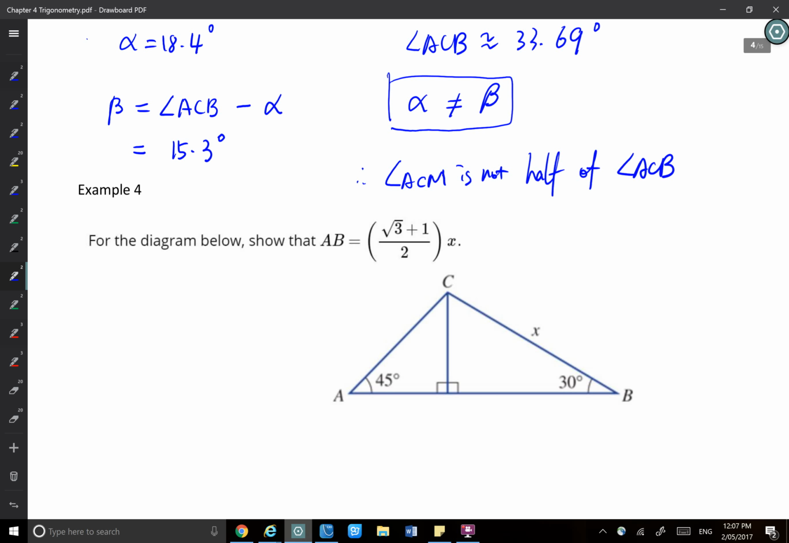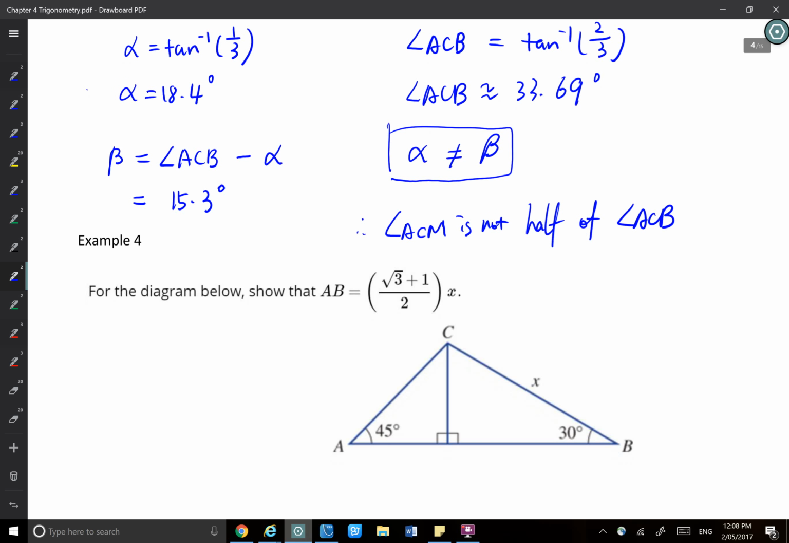Okay, example 4. I want you to show that AB equals that thing. Okay, first, two things you need to remember. A "show that" question is a very common question in the exam as well. So with a show that question first,